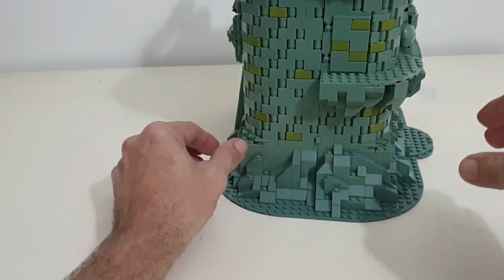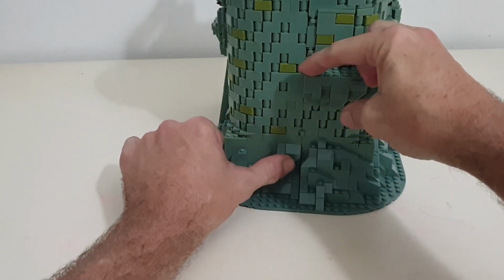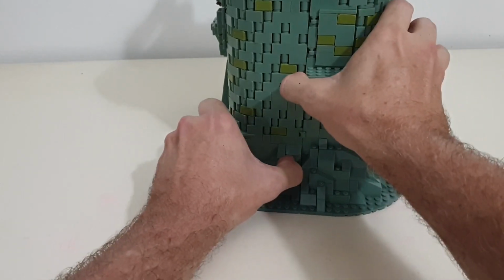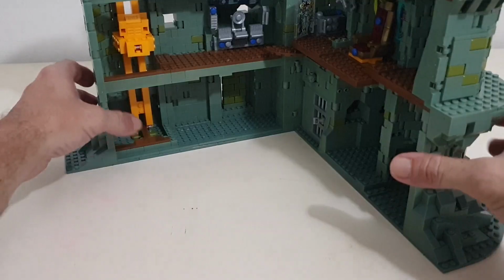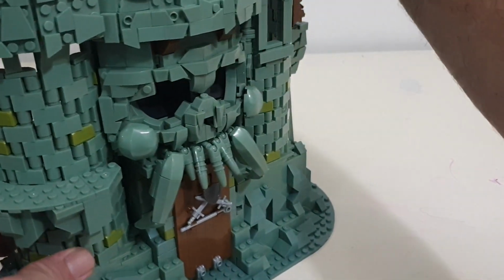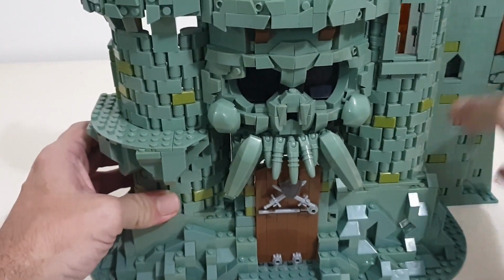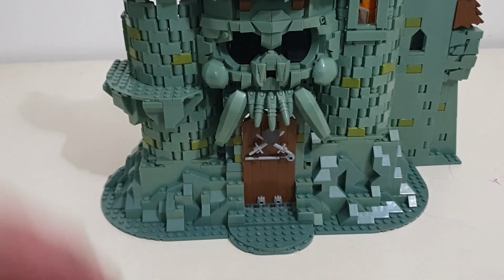Okay, and the easiest way I found to open it is to hold the top bit of the ledge here, and then this bit down here, and then you've got a bit of grip to be able to gently open it up. So spinning it back around, we'll start at the front, and then we'll go over the thing. This is going to be very quick. The last one I realised I was rabbiting on way too long about stuff that wasn't important. So, all right, starting down the bottom,